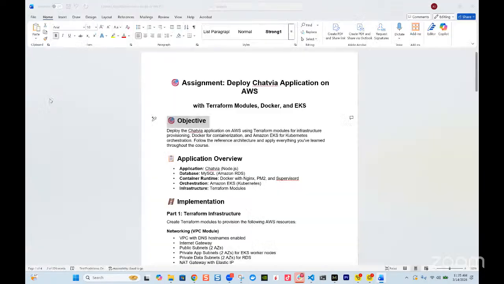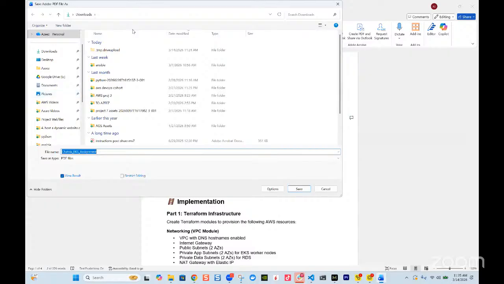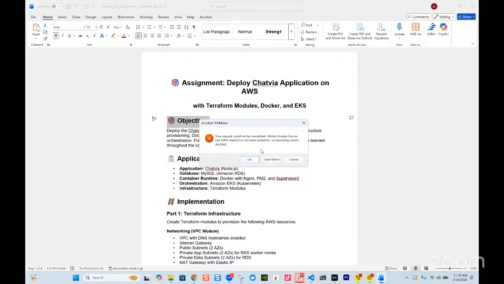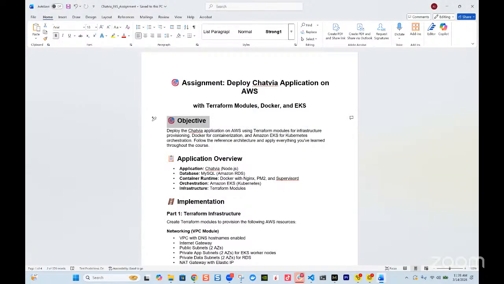If you're already doing that, right? So this should be, honestly, I don't know why, maybe I need to have Adobe on for this thing to work. It's very annoying. Give me a second, guys. I'm trying to save it to PDF.